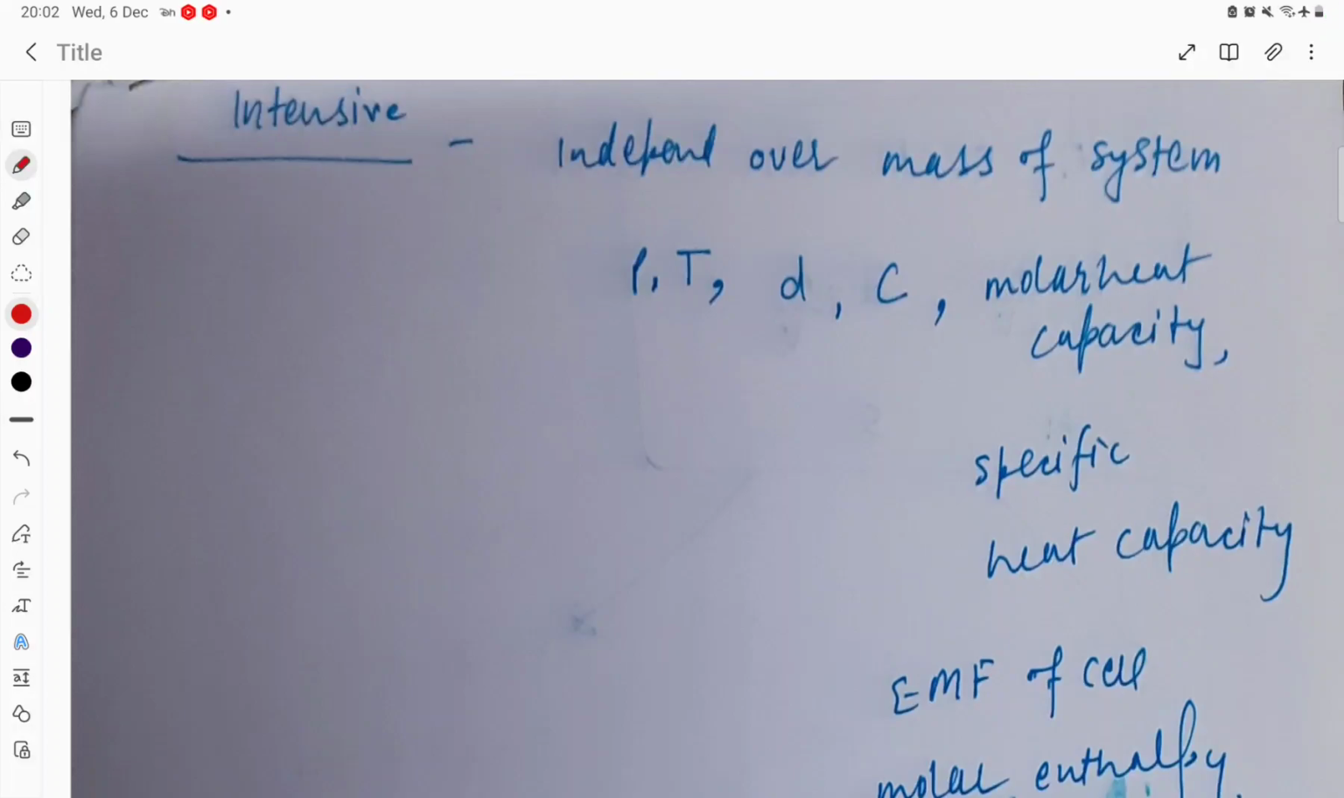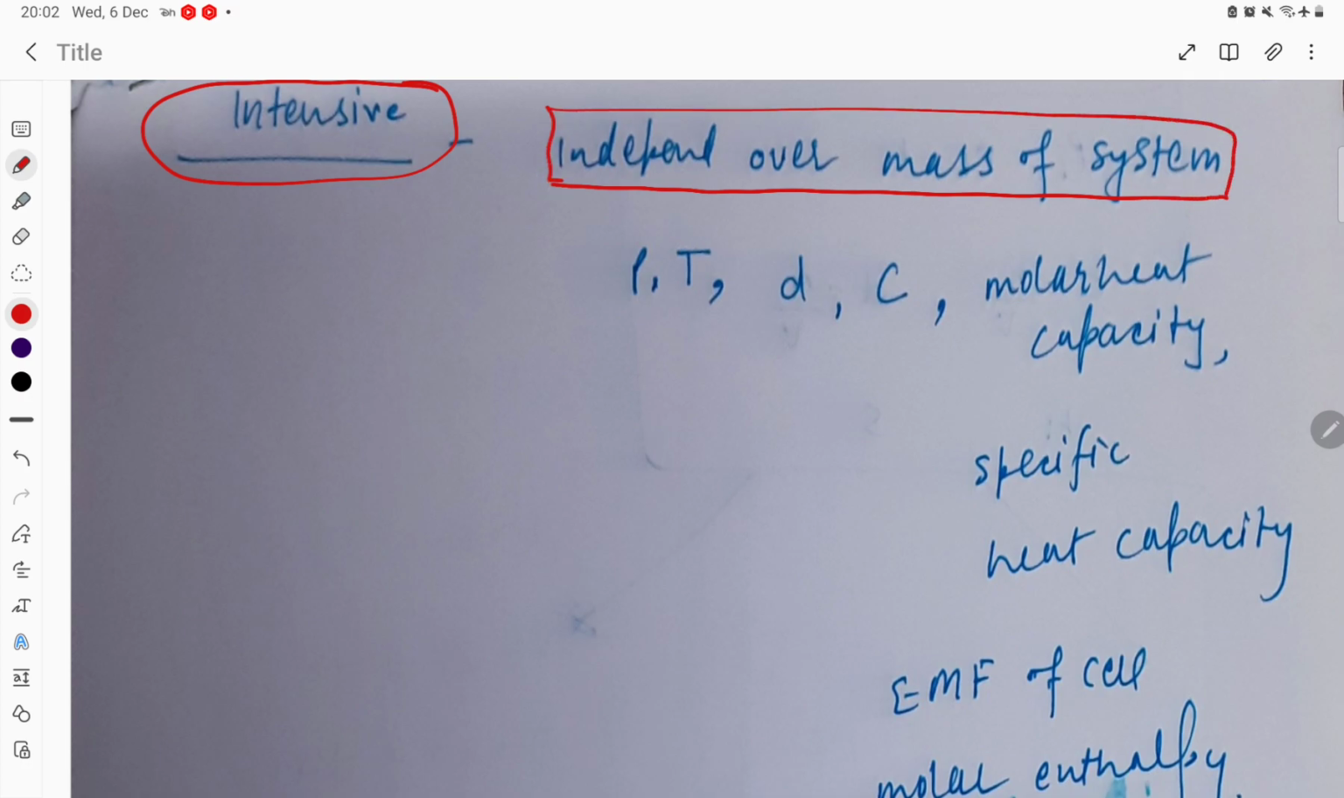Hi student, let's try to understand the intensive properties. What are intensive properties? Intensive properties are those properties which are independent of the mass of the system. That is, they do not depend on the mass. For example, pressure, temperature, density,